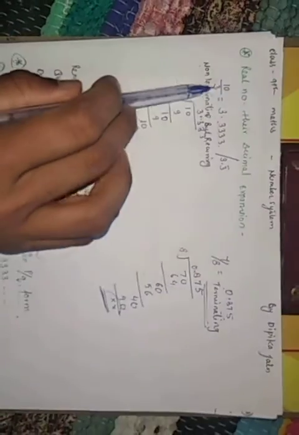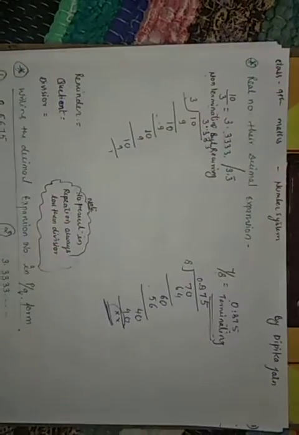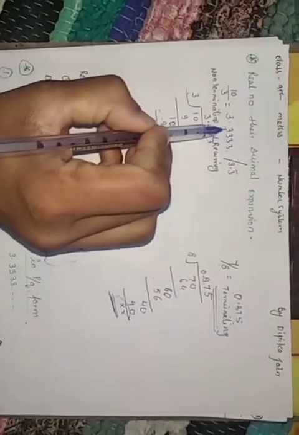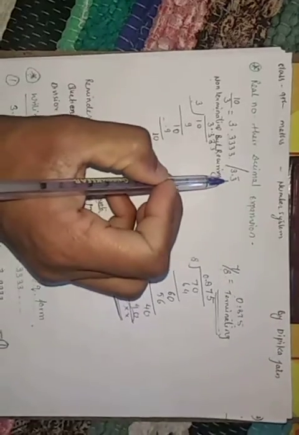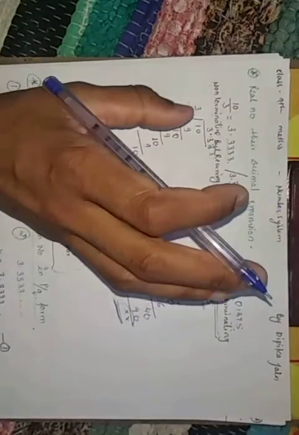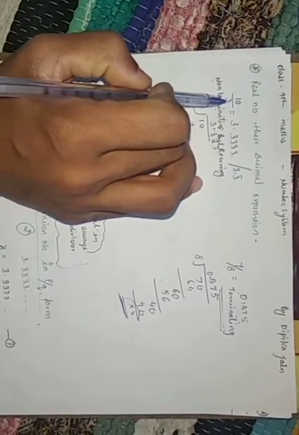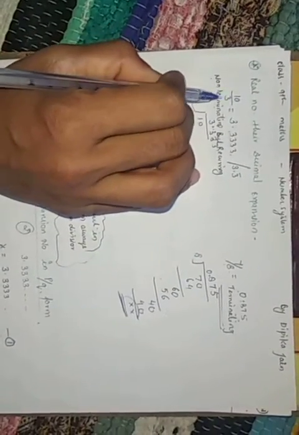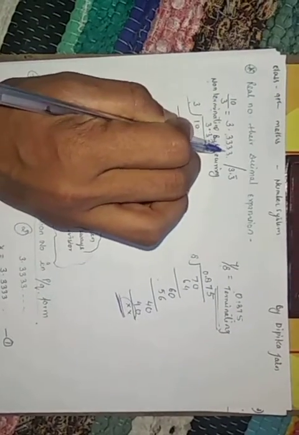Same as you can see here, 3 is a divisor and the number increases only 1 time. But 3 keeps increasing, because we are getting the remainder of 1 again and again. That's why we are going further. So we can say that for any question which you are doing as a division, whatever the value of the divisor we have, the decimal expansion will not go further than the divisor. Is it clear?